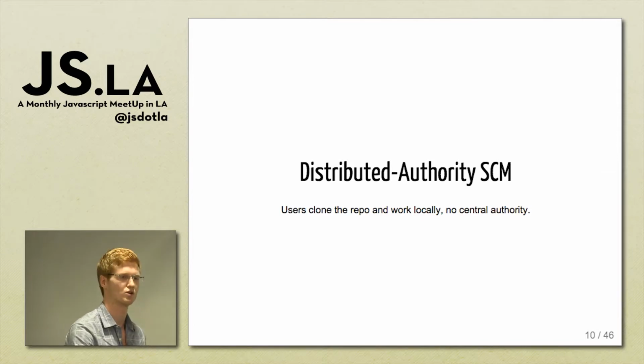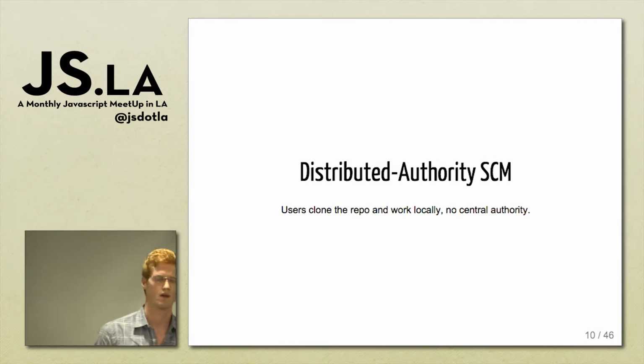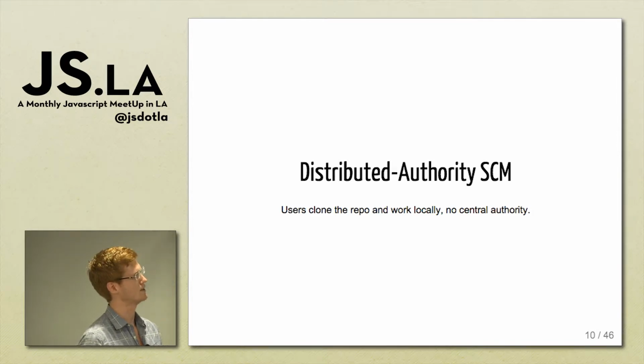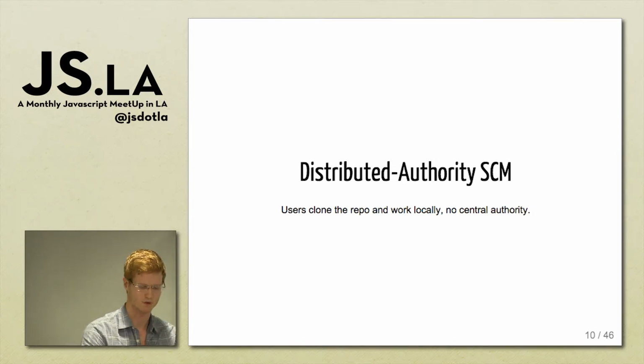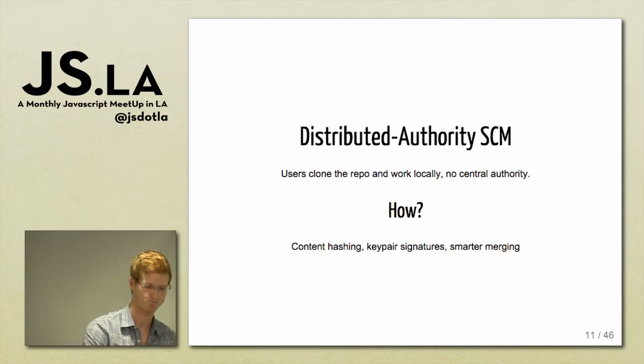Now, Git is a distributed authority SCM. In this model, users can clone the repository to their local device and freely make commits there. And then they can send it back to the host repository if they like, or they can replicate their changes out to other devices in a peer-to-peer network. But importantly, there's no designated central authority. All of the devices in a Git network are basically equal. And this solved, of course, the political problem that Linux was facing.